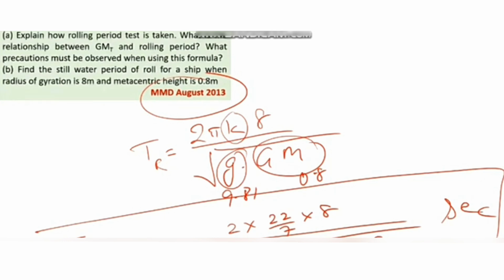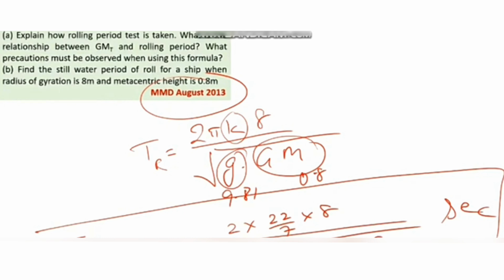Sir, about the rolling test, I'm not sure, but I read in one of the codes, the timber code, in one of the annexes. It was in the stability code itself, the code of intact stability also. Earlier it was there. They said how to carry out the test, you have to make people run in unison. Then you have to